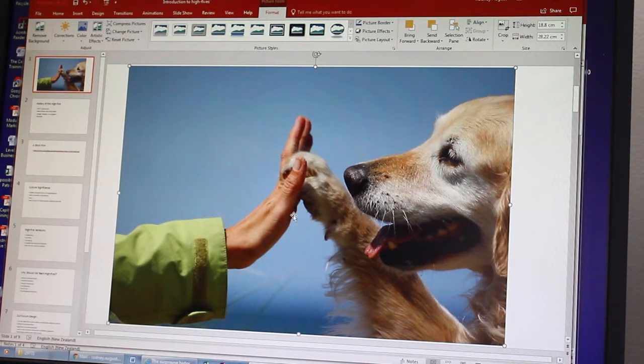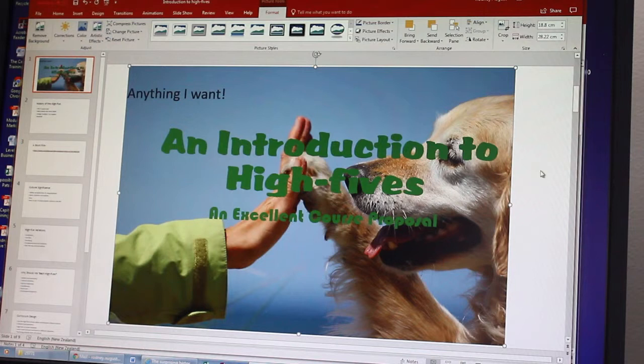Okay, now I don't want this image to cover my text, so what I'm going to do is hit Send Backward, and I'm going to send it to the back. So now